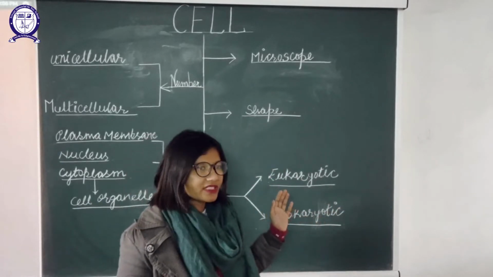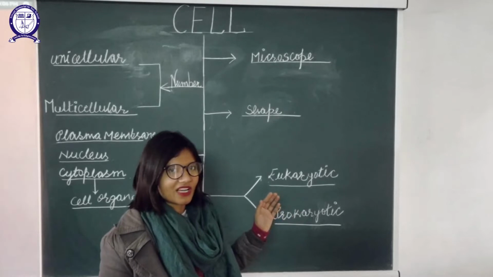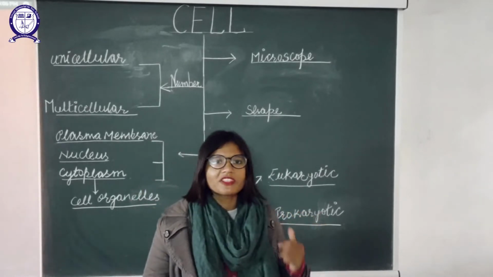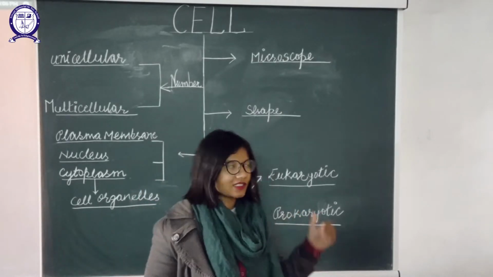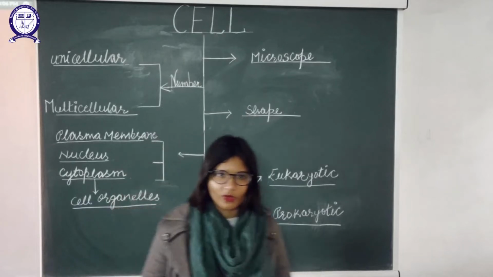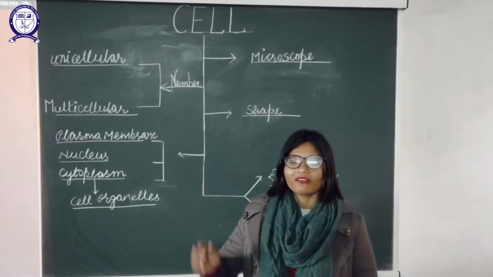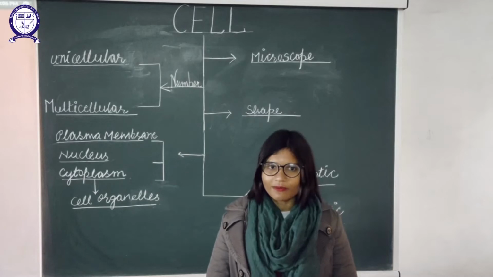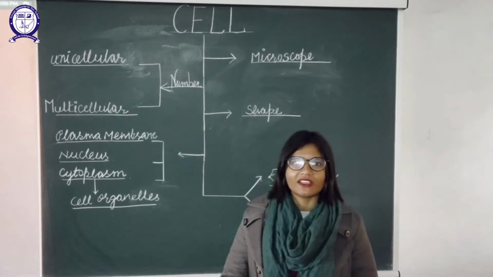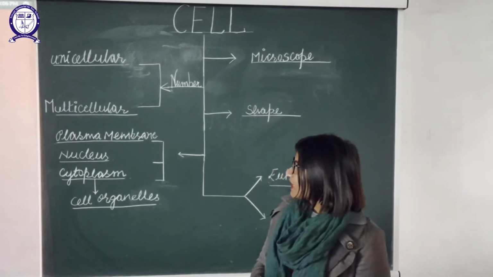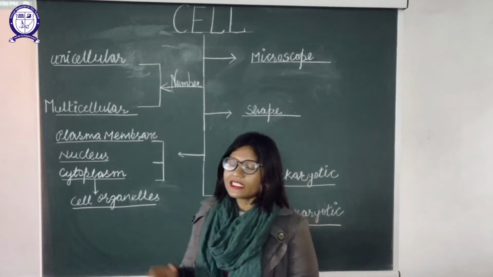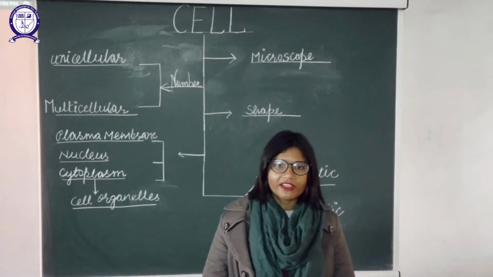So in this chapter the basic concepts are, very first, the device with the help of which we can see those cells. That will be the microscope. We are going to discuss the microscope. Then second, we have to divide the cell into two major types: unicellular and multicellular. Now third, the cell can be divided into three major portions.